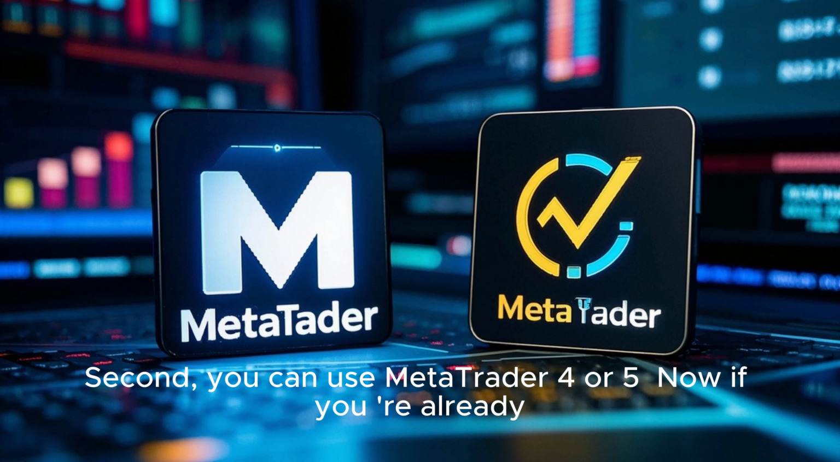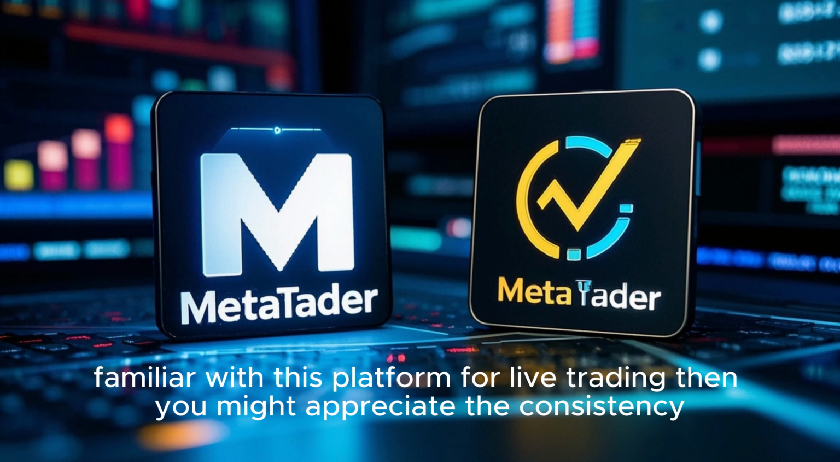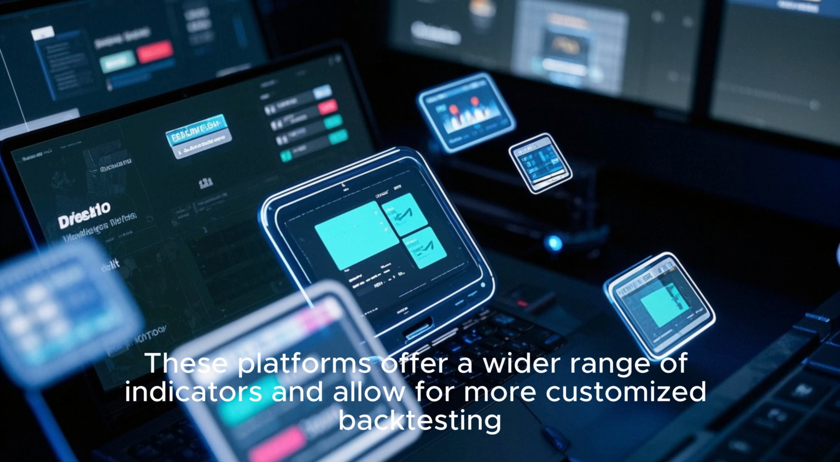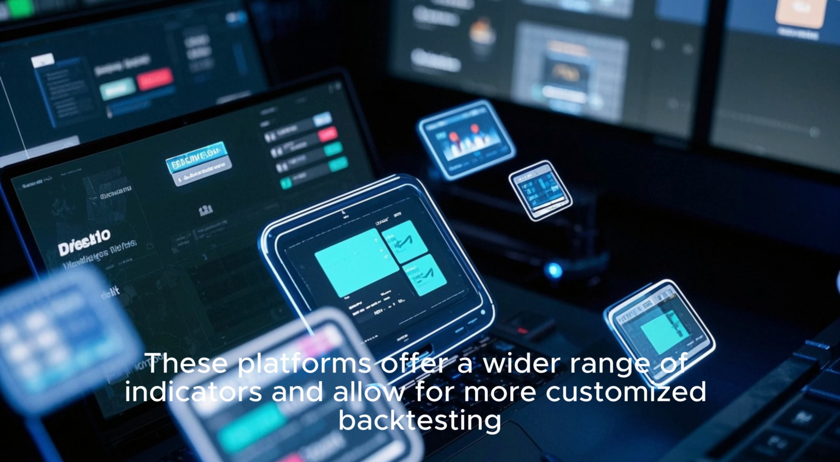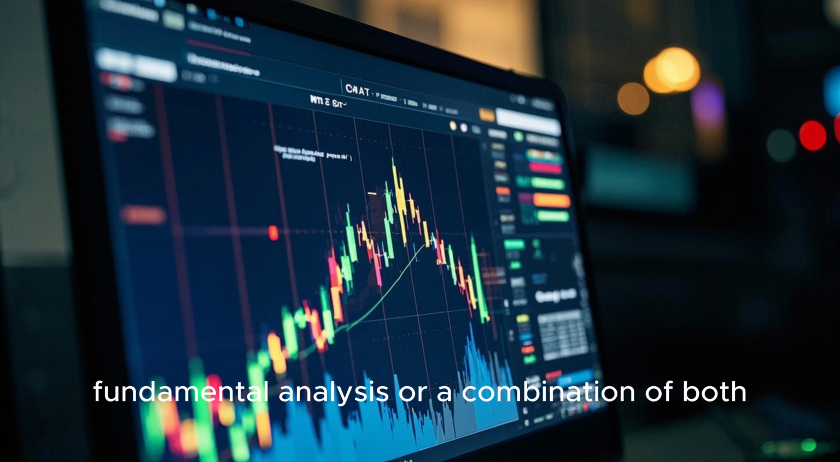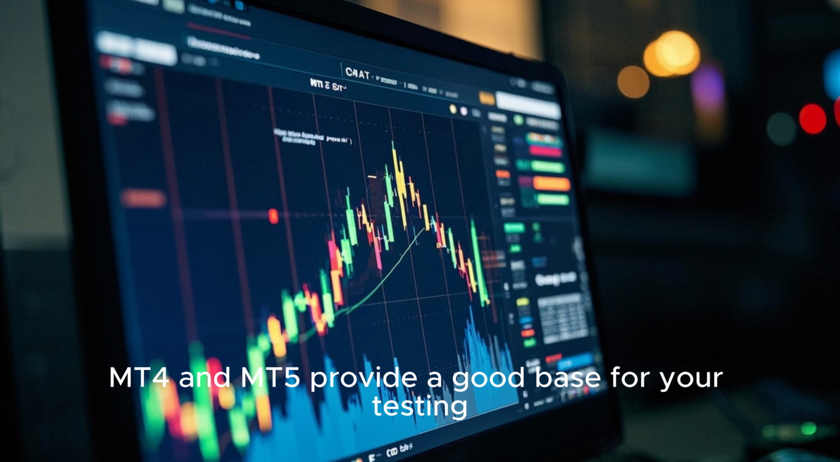Second, you can use MetaTrader 4 or 5. Now, if you're already familiar with this platform for live trading, then you might appreciate the consistency. These platforms offer a wider range of indicators and allow for more customized backtesting. Whether you're into technical analysis, fundamental analysis, or a combination of both, MT4 and MT5 provide a good base for